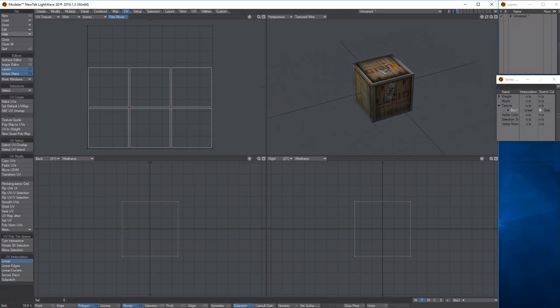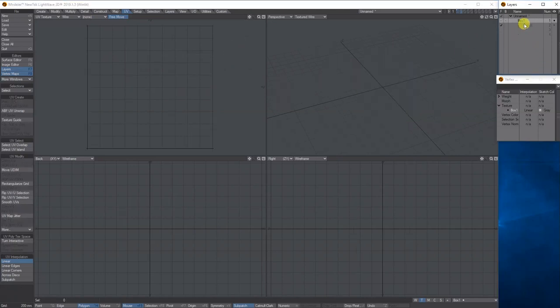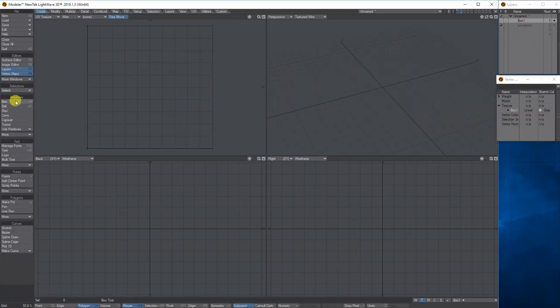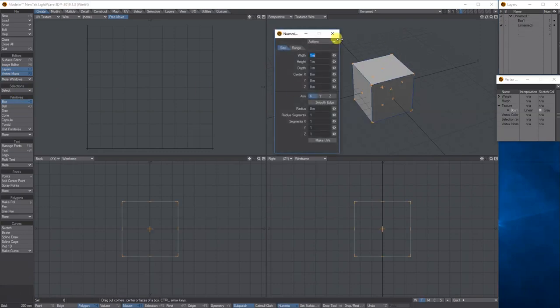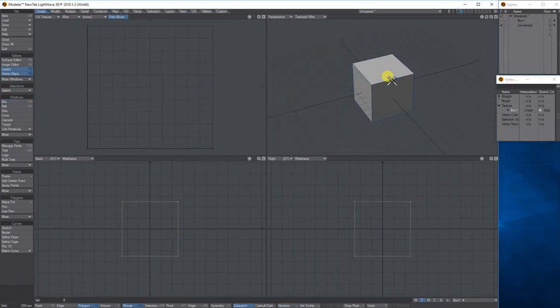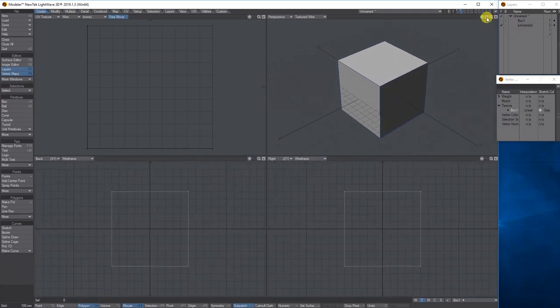So next one, let's go on to a new layer at the top. I'll just double click this layer and call it box 1. New layer, create box, exactly the same, using the same settings, dropping the selections. So this time what we're going to do is unwrap each side separately, so we've got more control on it without using the atlas.